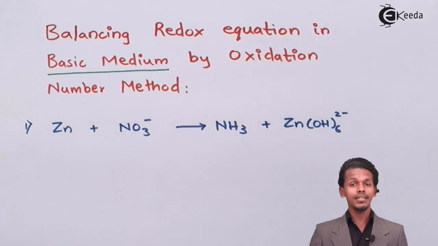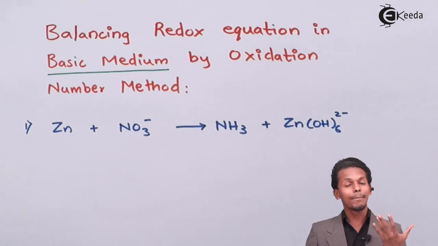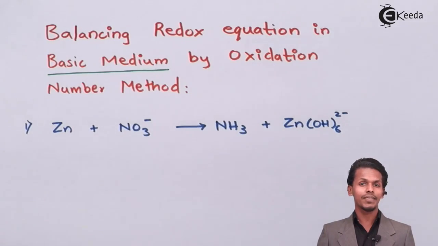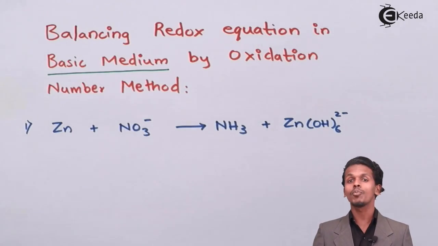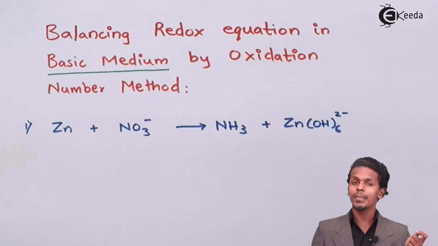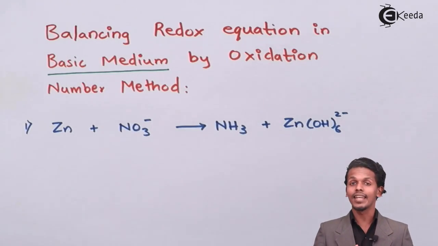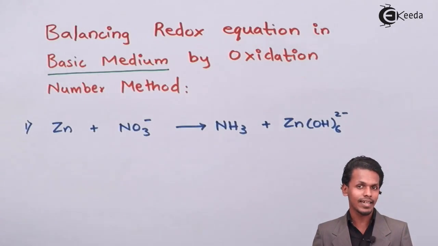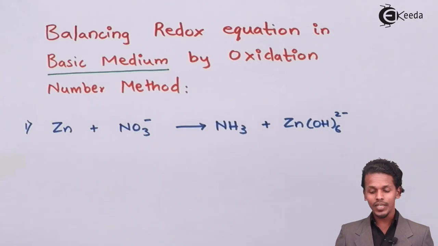As mentioned on your screen, there's an equation which is based on balancing the redox reaction in basic medium. The above equation on your screen is not actually balanced, so we have to balance it. The difference between the acidic medium and basic medium is that it will follow the same steps, except an extra step will be involved at the end. So what are those steps? Let us see. So the first one will be,